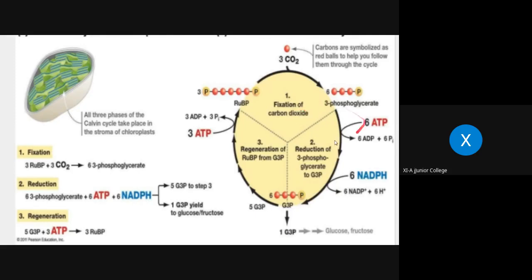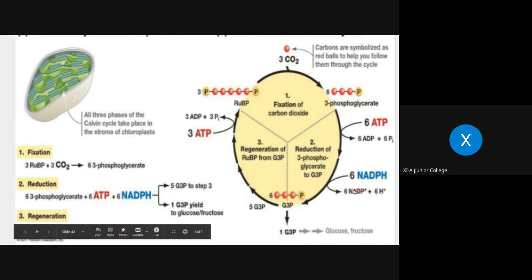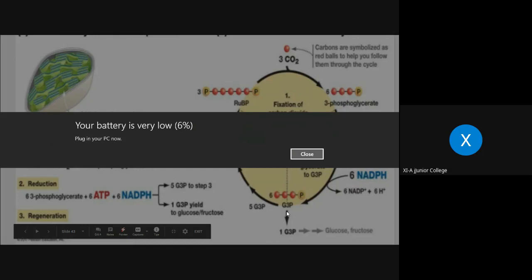Now after this PGA, phosphoglycerate gets reduced to PGAL with 2 consecutive phases where ATP gets reduced to ADP and NADPH gets reduced to NADP, which ATP and NADPH are produced in light reaction, now they are utilized in the dark reaction. Are you getting? Now, out of,